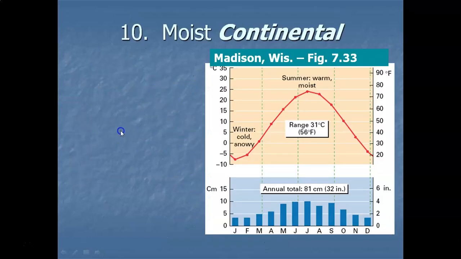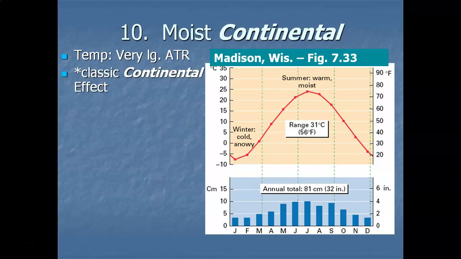Climate number 10 is the classic continental climate. Remember, we're looking at the name, so it's going to be a rainy climate. It's moist, but continental in the name is telling you it's going to be representing the continental effect at its greatest. So we really do have a very large annual temperature range for our climate graph here in Wisconsin. And very large. Every 6 months, 50 or 60 degree range in temperature between summer and winter time. And again, take a look at where we are in Wisconsin. The land is heating and cooling very, very dramatically. And now this climate is wet all year.